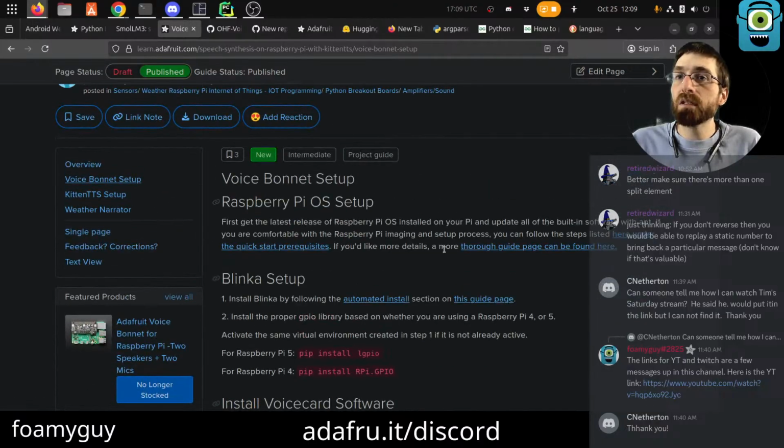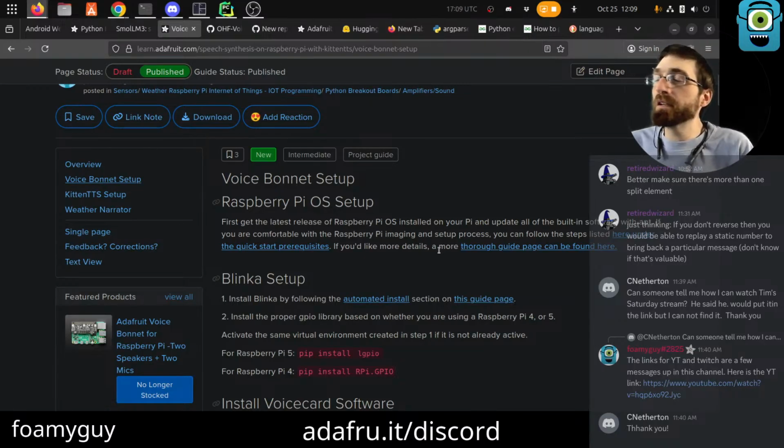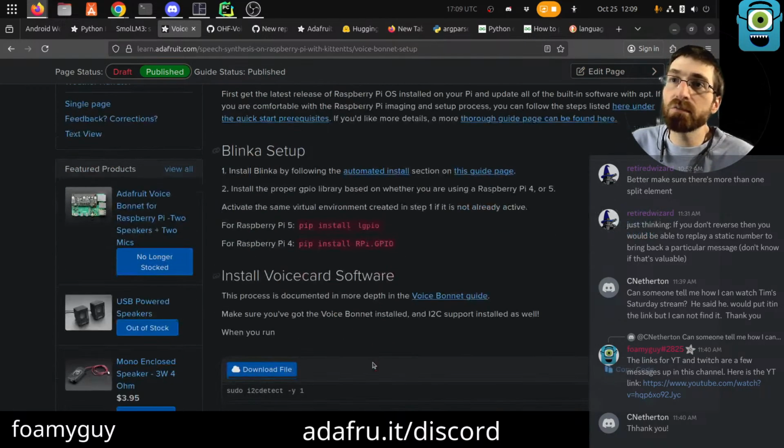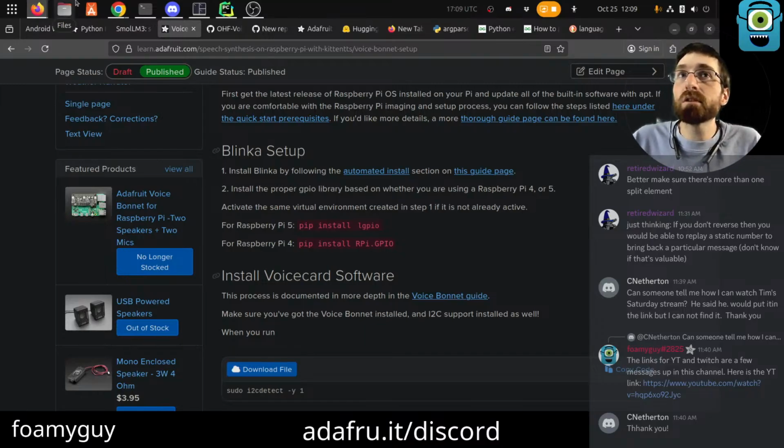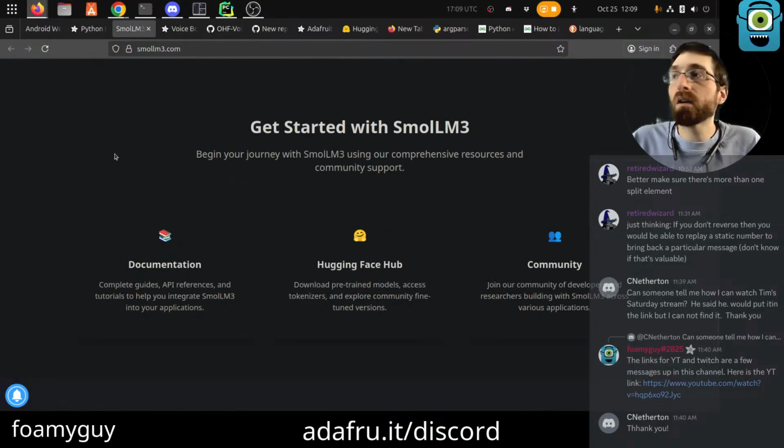But in terms of actually getting an audio thing installed, this will mostly just help you install the one piece of hardware, this voice bonnet thing. I don't necessarily know much beyond that for getting stuff set up. Theoretically, HDMI sound should work, I think. I'm positive on that, but